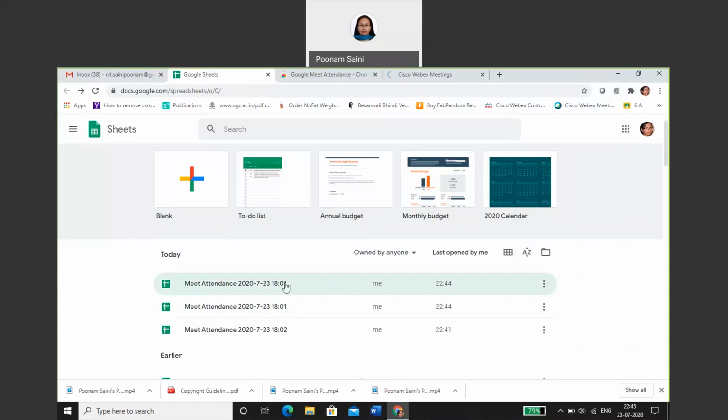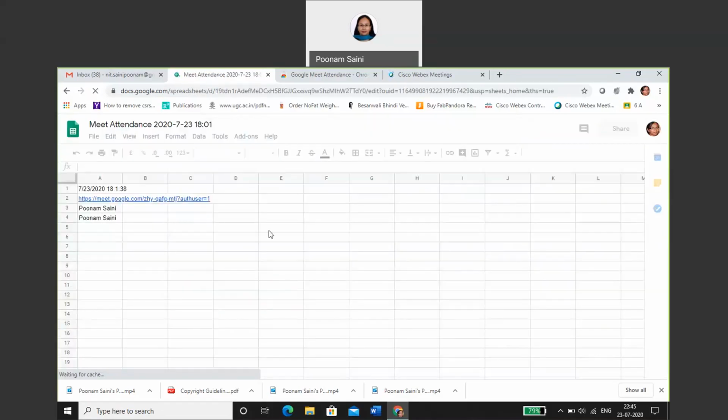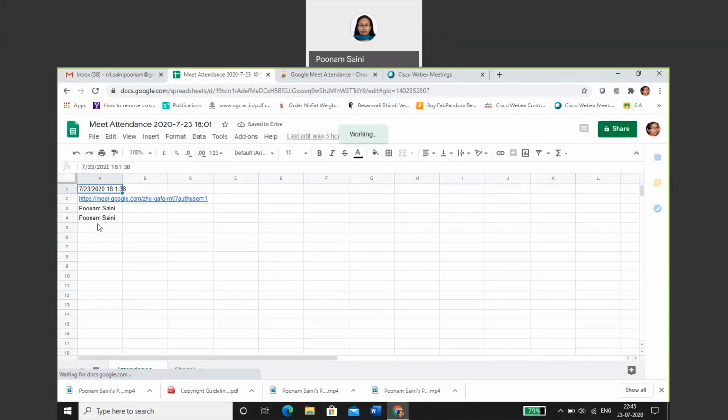For example, if we just want to know the attendance, here we can see that there are multiple entries, and the students' entries will be done row wise, and there will be a timestamp here which will record the time of the start of session and the logged in users as well. So a row will be maintained for every single student here. So as you have 60 or 120 students in your class, there will be 120 entries in the rows, and the corresponding columns to a particular row are going to record all the timestamps.